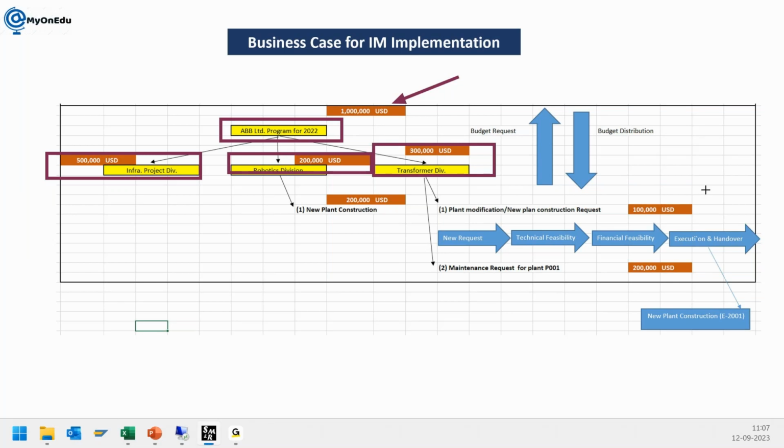Okay, so I'll explain what the background is. First just understand, we have a company like ABB. ABB has a budget of 1 billion for the year 2022. ABB has three different business units: infra project, robotics, and transformer division. So they bifurcated, or you can say distributed, the budget further below. $500,000 they distributed to the infra division, 200,000 to the robotics division, and 300,000 to the